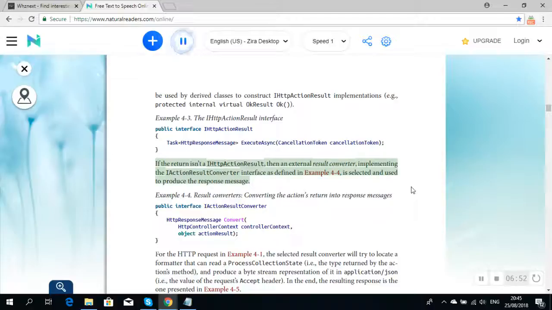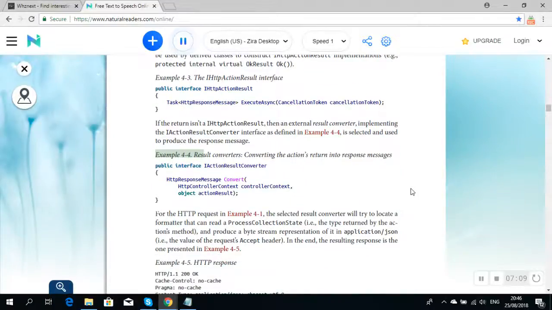If the return isn't an action result, then an external result converter, implementing the action result converter interface as defined in Example 4-4, is selected and used to produce the response message. Example 4-4. Result converters converting the action's return into response messages: public interface IActionResultConverter { HttpResponseMessage Convert(HttpControllerContext, object actionResult)